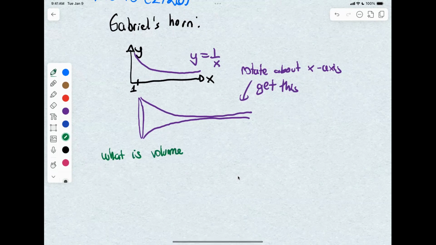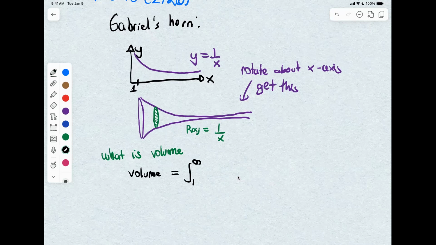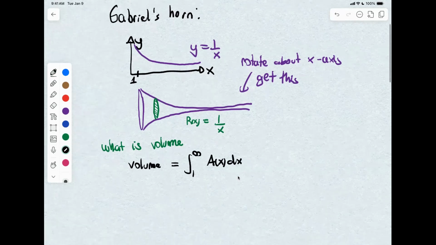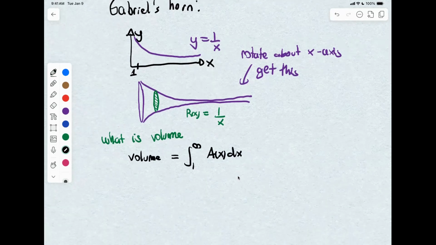Here you can use the cross-section method. A cross-section of the surface, because it's a solid of revolution, is just a disk. The radius is going to be 1/x, because that is what you use to rotate it. So the volume, if you use the cross-section method, would be the integral from 1 to infinity of A(x) dx, where this is the area of the cross-section. The area of a disk is just pi r squared. So